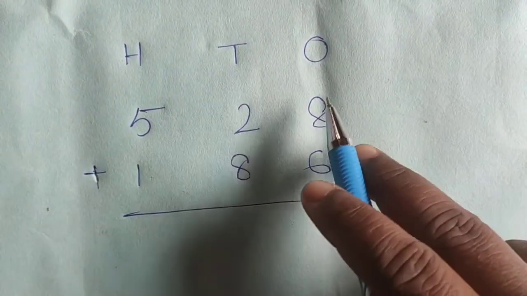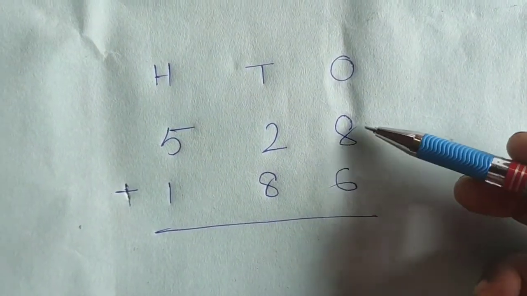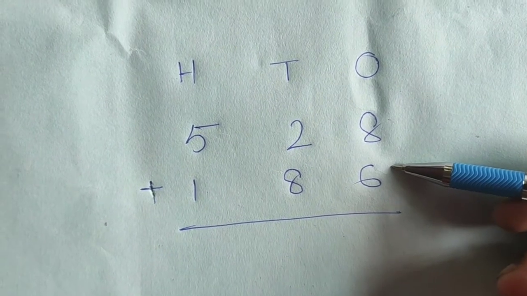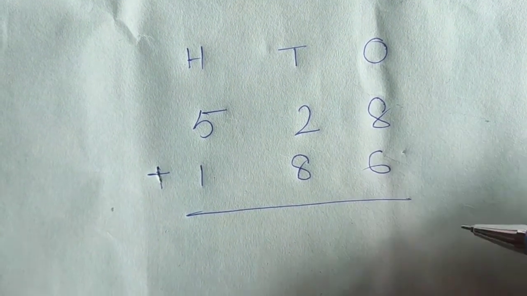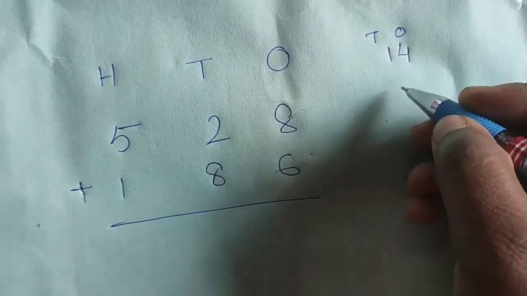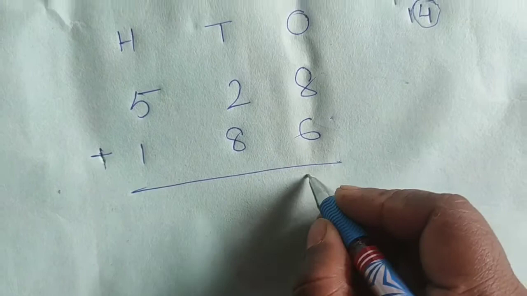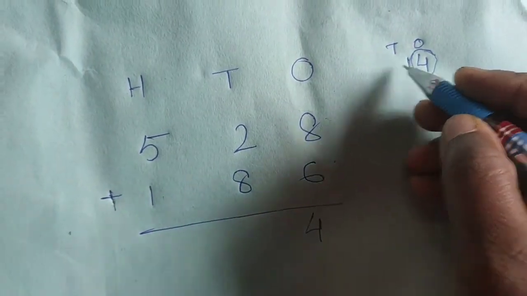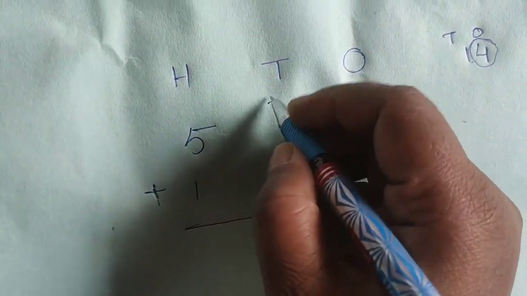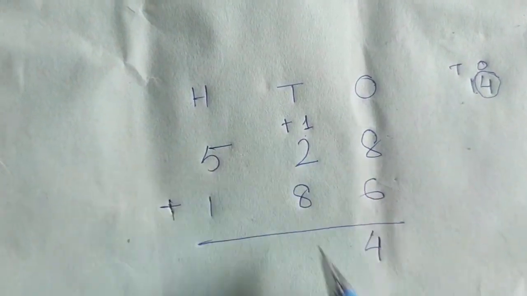We will add these two 3-digit numbers and we will start from the right hand side, that is from the ones place. 6 plus 8, how much? Count on your fingers. Yes, count. What is the answer? 14. So from the 14, what will we do? This is tens place, this is ones place. Which digit will we write? We will write the digit in ones place, that is 4. We will write the 4 here, and this 1 we will carry forward to the next digit, that is in tens place. So carry forward, plus 1.